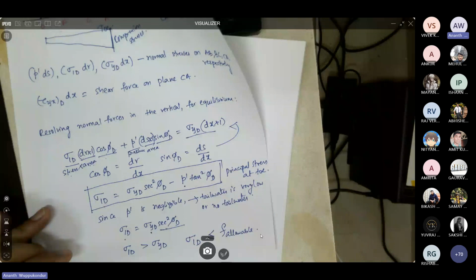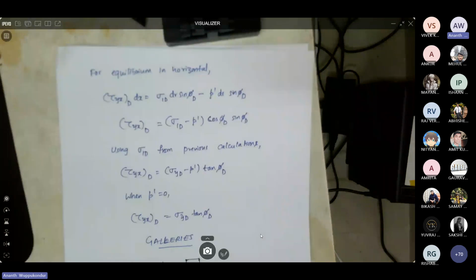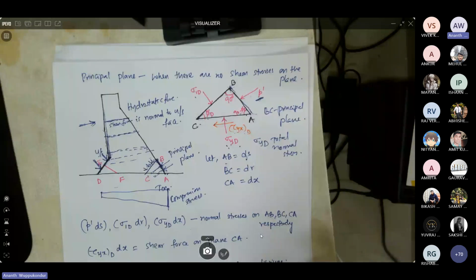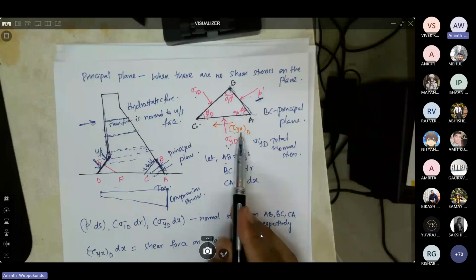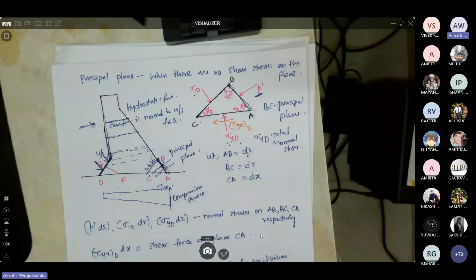So what we did was to resolve the forces in the vertical direction. Now what we try to do is to resolve the forces in the horizontal direction. So again, I'm showing you the same triangle. So here you have a shear stress at the base, which is tau yx, and sigma 1d and p prime are acting at an angle on these planes, which can be resolved into horizontal directions. So if you try to resolve these p prime and sigma 1d in horizontal direction and equate to the shear stress,